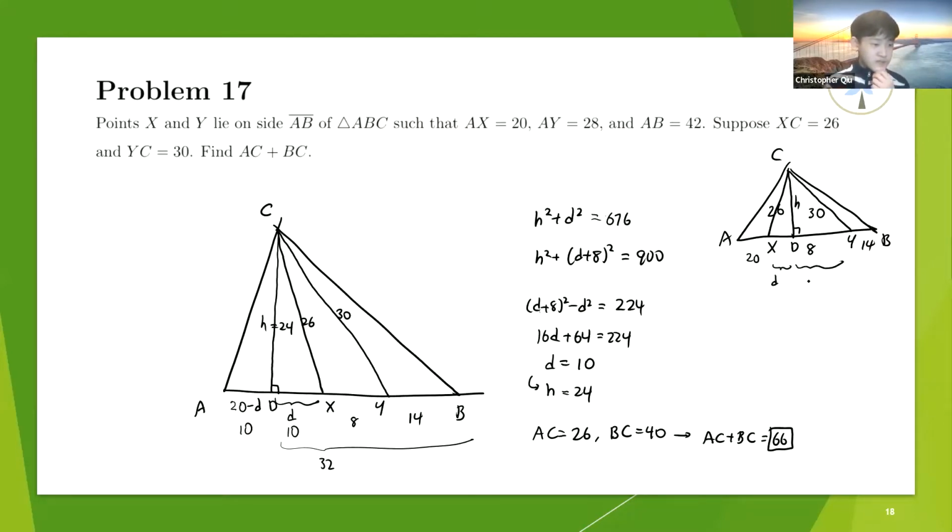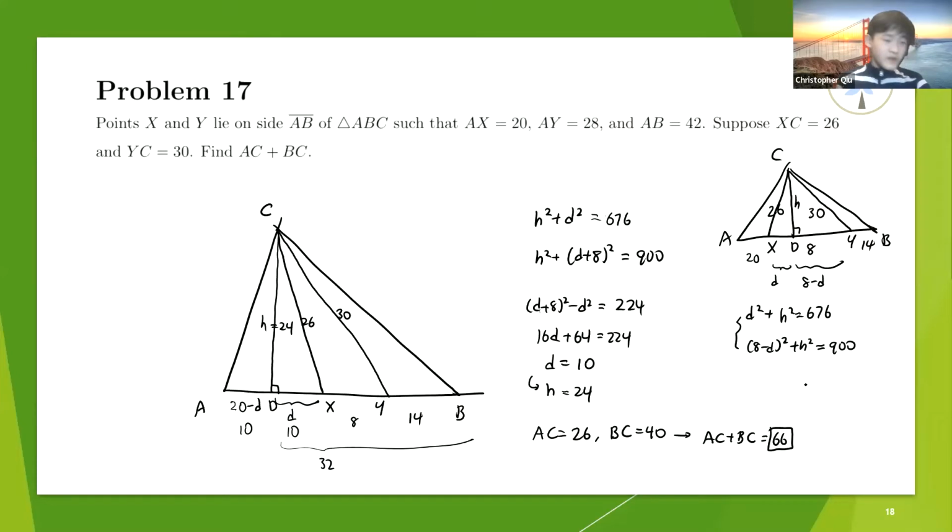And then here we can see that DY has length d minus 8, or DY has length h minus d. And then we can write our equations: d squared plus h squared is equal to 676, and h minus d squared plus h squared is equal to